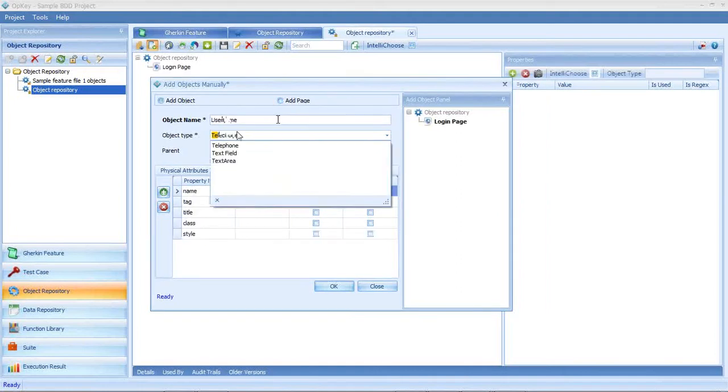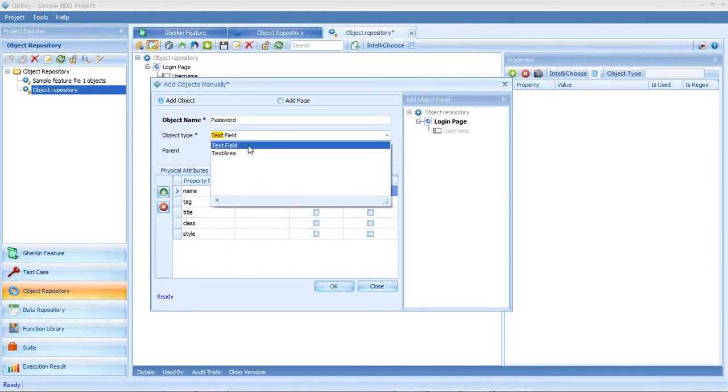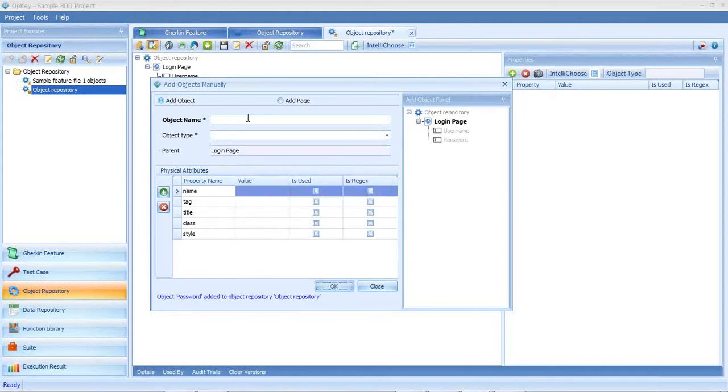Add that username. The second object is password. It's again a text field. And my last object is sign in, sorry. It's a button type object. Now I have completed my object creation.